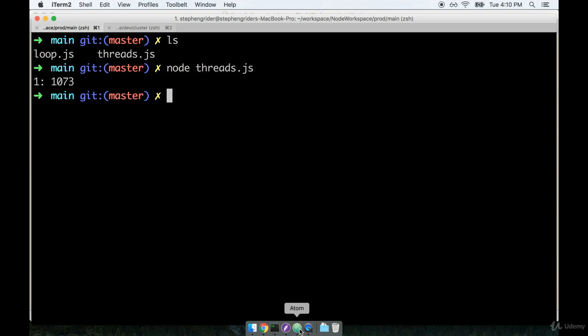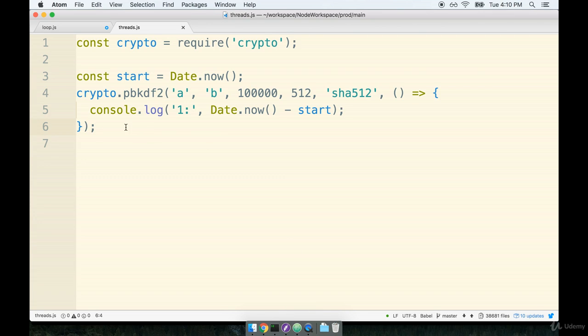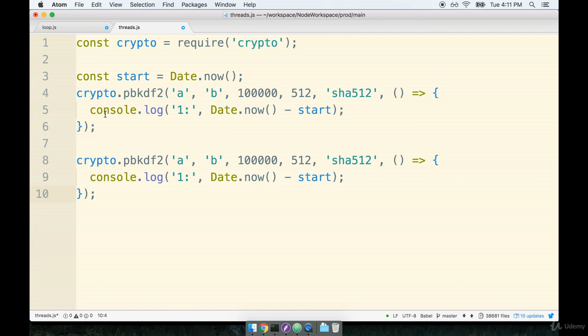I'm now going to go back to my code editor, and I'm going to take this entire function call right here, and I'm going to duplicate it down underneath. So I'm going to copy it, and then on the next line down, I'll paste it, and I'll make sure that I update the console log right here to 2 as well. Now before we run this back at the terminal, I want to make 2 things